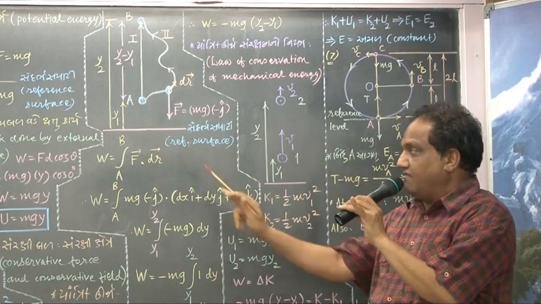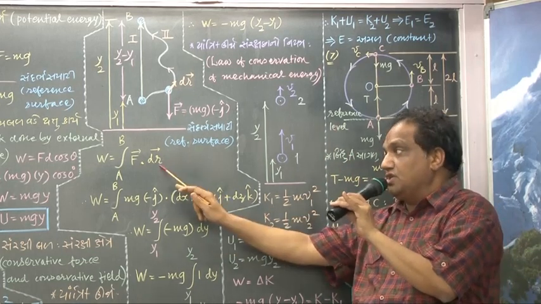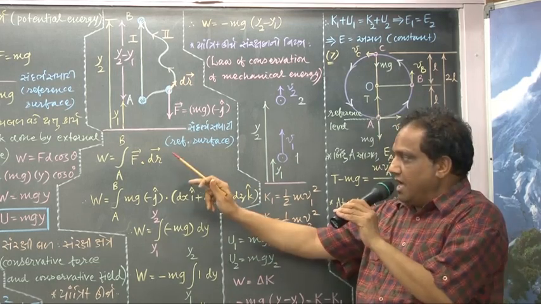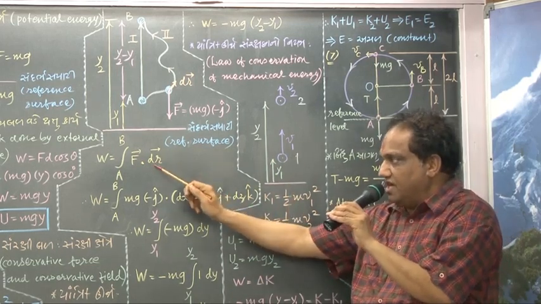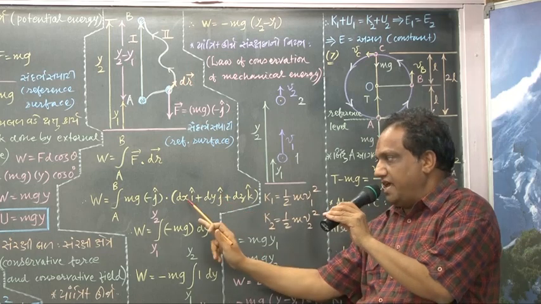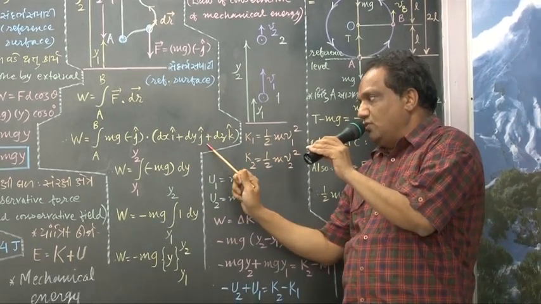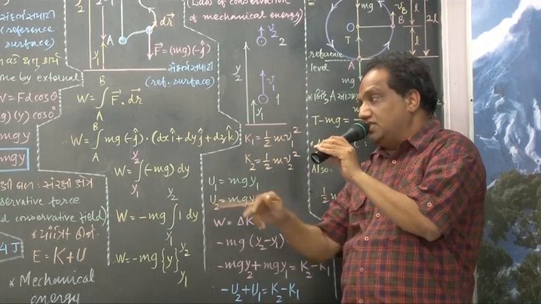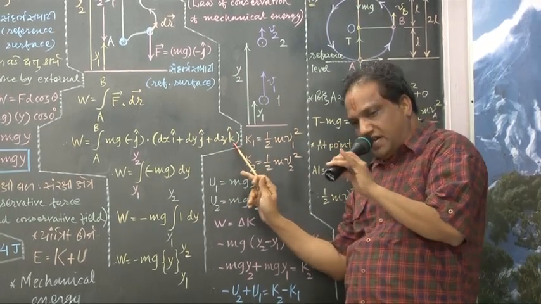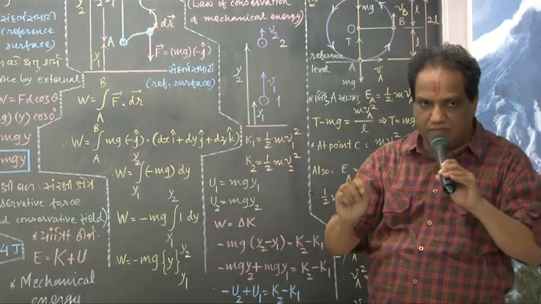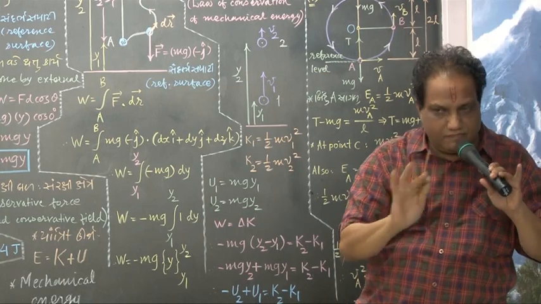Remember the formula not of the position vector, but of the change in position vector, that is called the displacement vector. For an extremely small displacement it is vector dr. You can remember it this way: don't say x into i, say dx into i. Don't say y into j, say dy into j. Don't say z into k, say dz into k. What is the formula of vector dr? dx i hat plus dy j hat plus dz k hat.